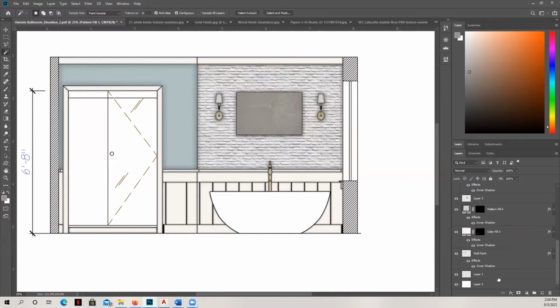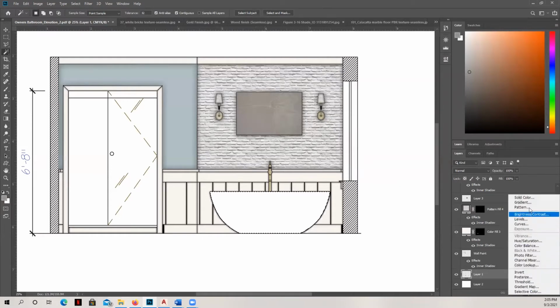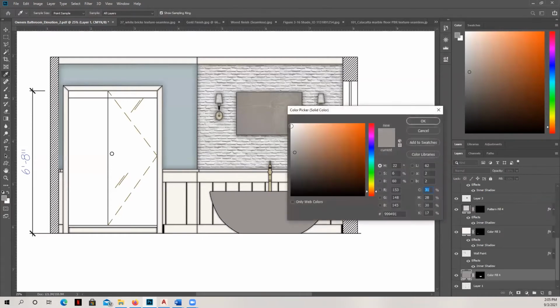Now this bathtub has a little bit of a curve to it more than, for example, of course, there's no curve at all on these wall planes. And so what I'm going to do now is teach you how to make an object that's got some curve to it look more curved. And so it's really straightforward. All I'm going to do is use my magic wand tool, create my clipping mask, and we're going to create this in a solid color. I'm going to have this tub be white like that.